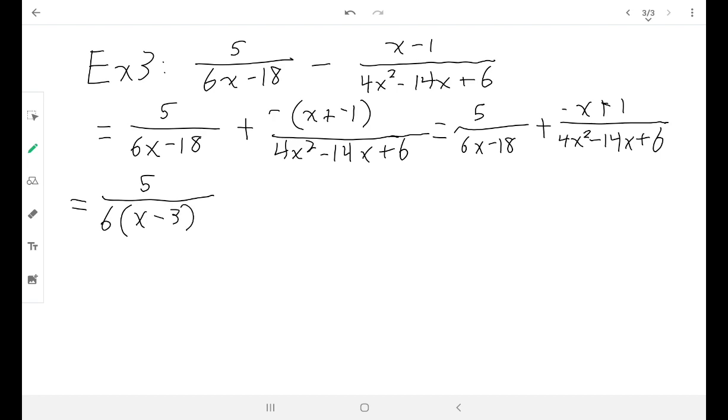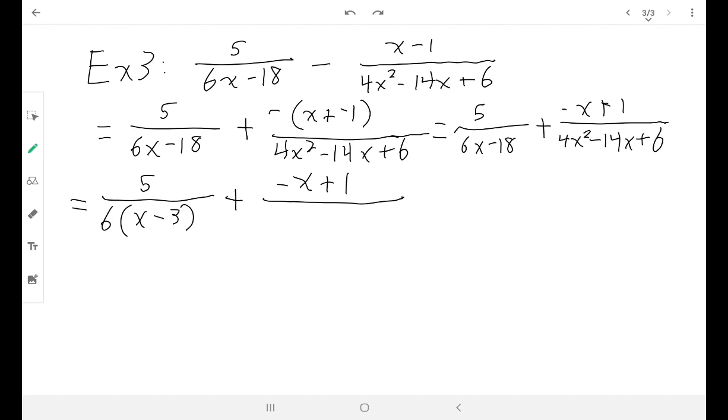That's going to help me later, because the more I can pull things apart, the more I can see what's missing. I might even want to think of that 6 as a 2 times 3 at some point. But so then I've got this negative x plus 1 at the top, and on the bottom here,